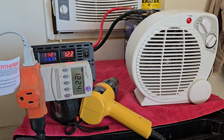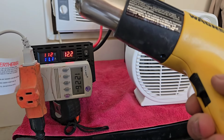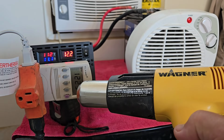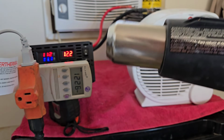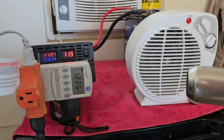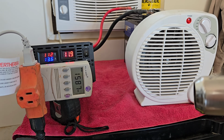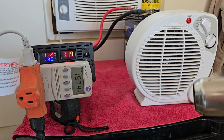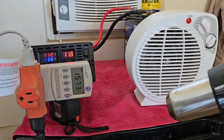Okay. Now, if I take the heat gun and turn it on low, on the low setting, that's another 430 watts. And that's going to put us at 1650 watts, which is just under the max rating on this thing. So let's see what we get. Oh, we're getting a sound. We're at 1560. So it's set 1570, and the inverter is chirping. So let's shut that off,